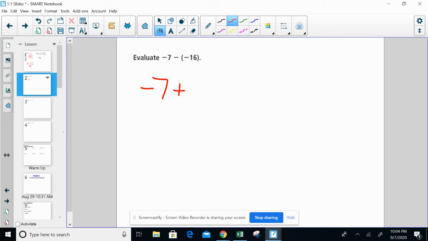So keep, change. I'll try to write it here. Keep the negative 7, change the sign, and then change the negative 16 to a positive 16. And you can do this for any subtraction. So what I mean is, if you did negative 7 minus 16, when I say keep, change, it's keep the -7, change the subtraction to a plus, and change the 16 to